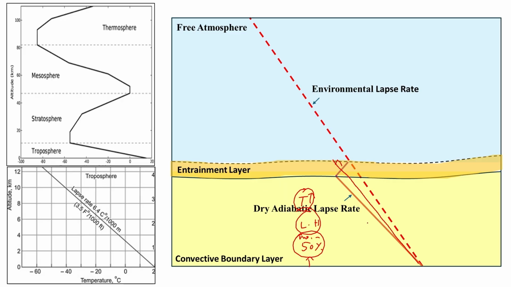Because of that, compared to the surrounding temperature, this temperature is high. So due to the temperature difference, this air parcel keeps on rising until this region, because here high temperature, here low temperature. Once it reaches this entrainment zone, there is no temperature difference, so it is trapped here itself, so that we have all the